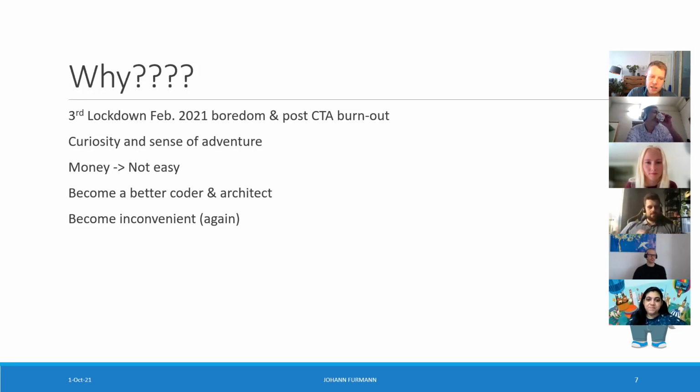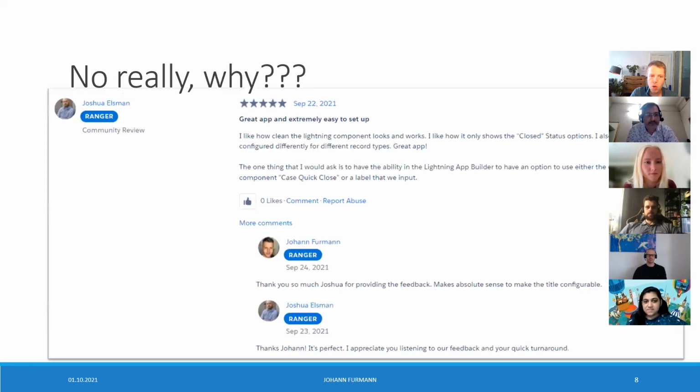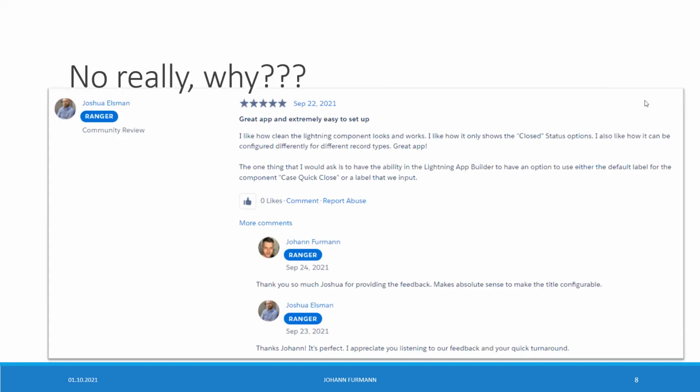The last one is become inconvenient again, especially after CTA. There was a little bit of sense like, what should I do next? What does make me inconvenient again? And I think becoming inconvenient is important. This is a rule of thumb I have. If I'm not inconvenient, I'm not at the right place. So, but not really why. This is one of my 5-star reviews. It's actually from this week. And I want to show first,